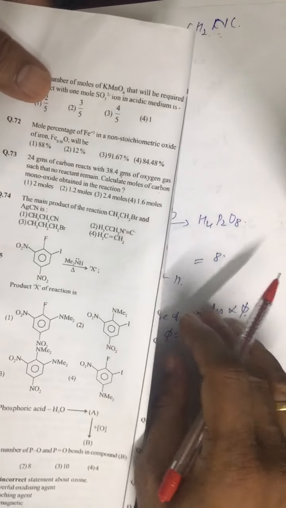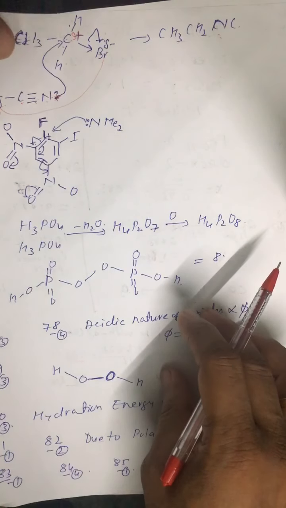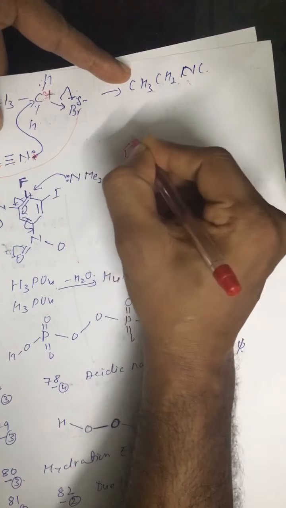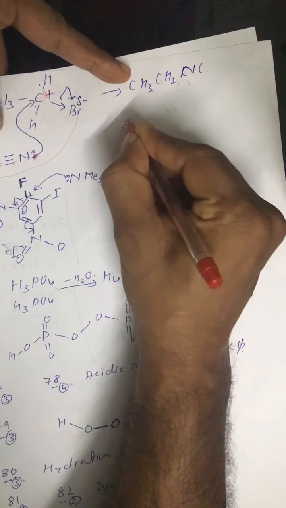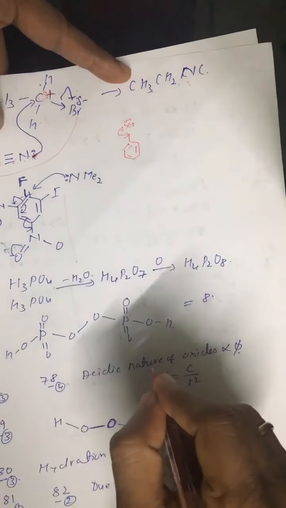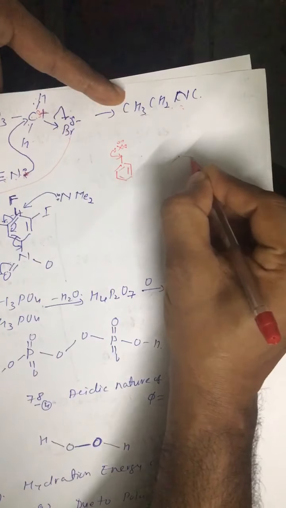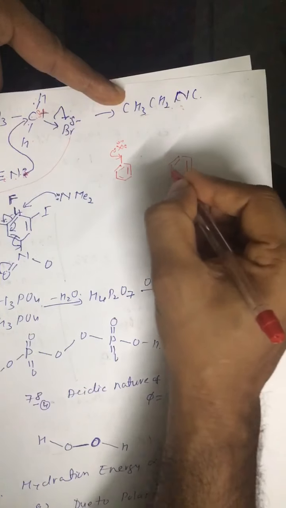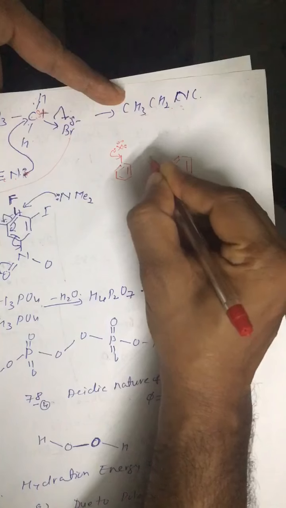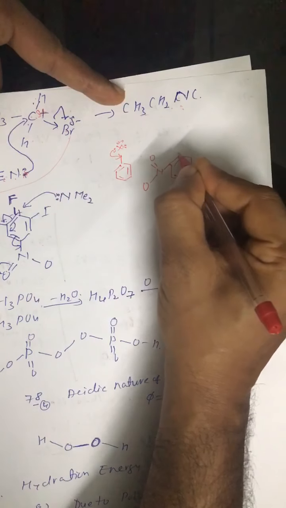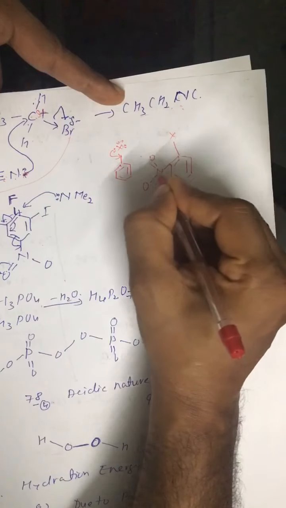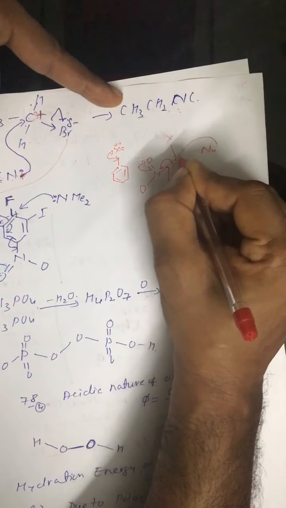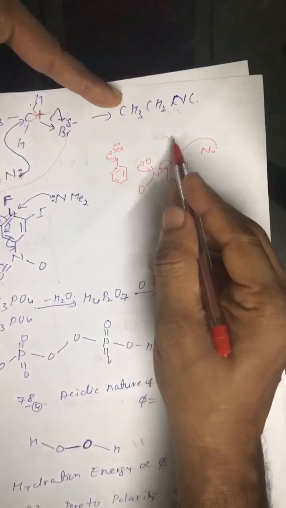And regarding haloarenes, one must know that haloarenes do not give nucleophilic substitution easily because of this resonance. This C-X bond behaves as a double bond. Alright, this is the problem. But if we have any electron withdrawing group at ortho or para position or at both the positions, it will help creating a positive charge at the base of X. Like say this is the moment and this is the moment, so the given nucleophile can easily attack this carbon, and this X can be removed.